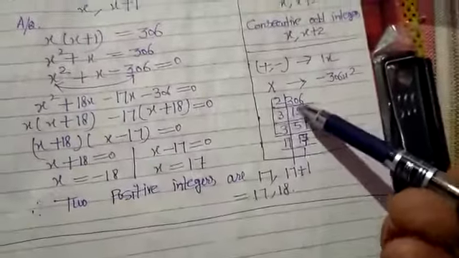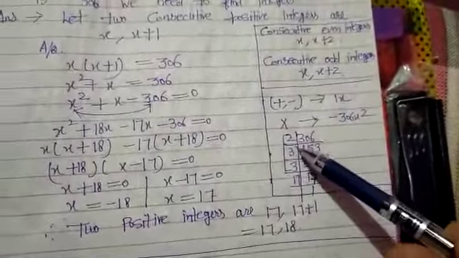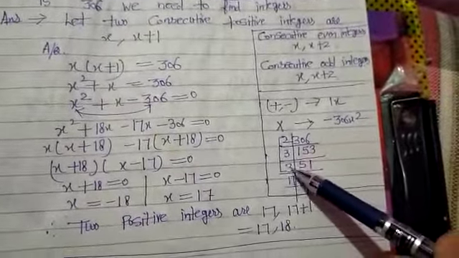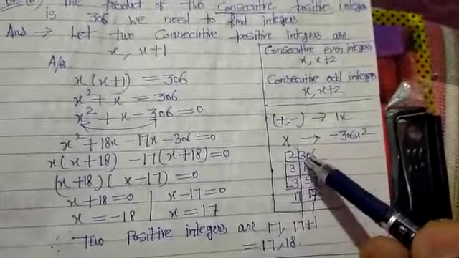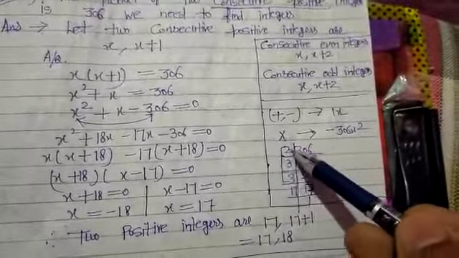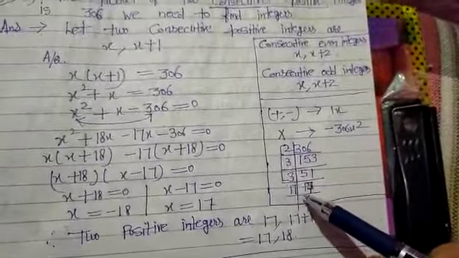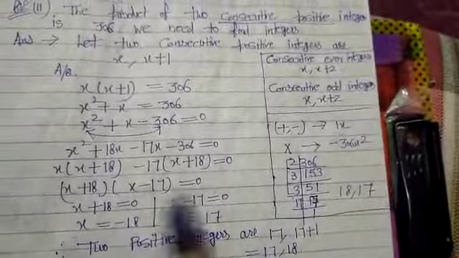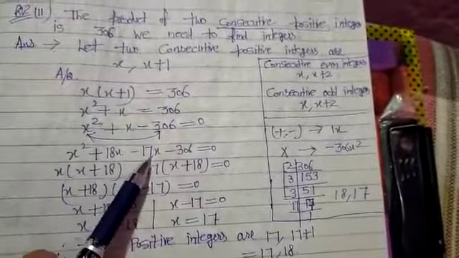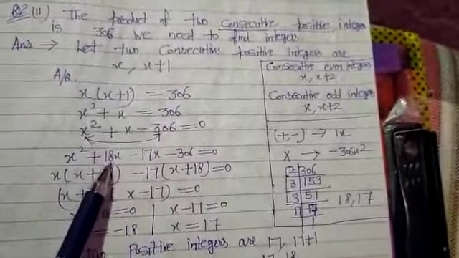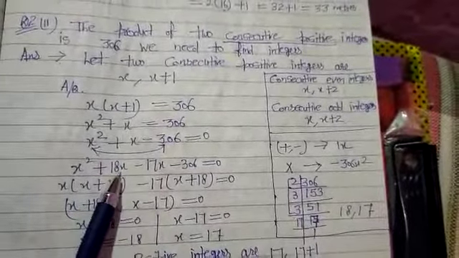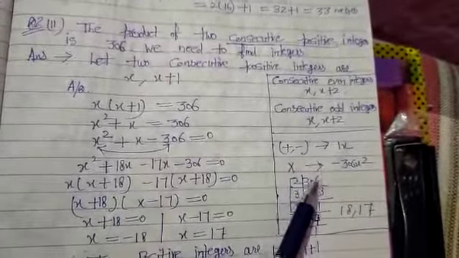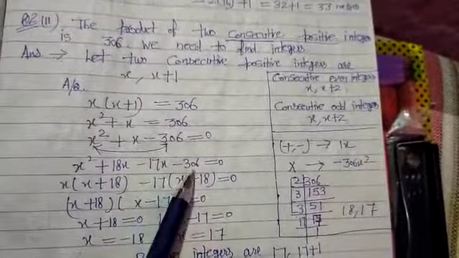So I am doing the prime factorization of 306. When you do its prime factorization, its prime factors are 2 into 3 into 3 into 17. So it is a hit and trial method. 2 3s are 6, 6 3s are 18, 18 into 17. So middle two terms are 18x and 17x. When I subtract 17x from 18x, I get 1x, and when I multiply 18 into 17, we get 306. So this is the hit and trial method.